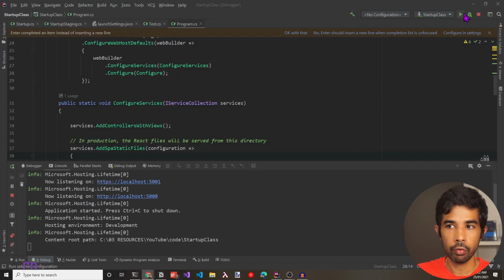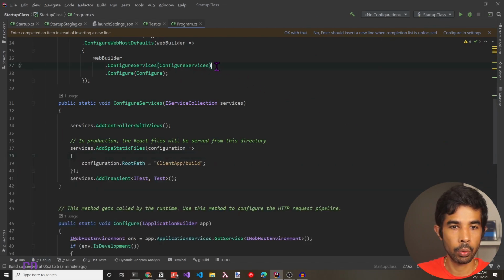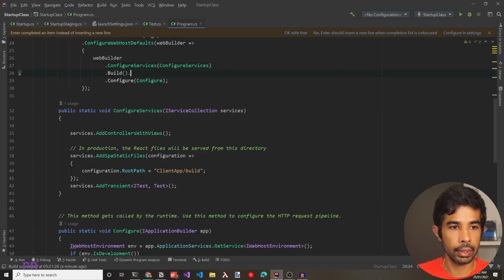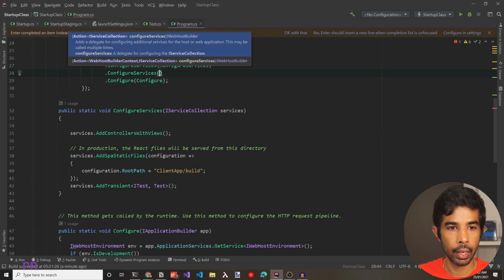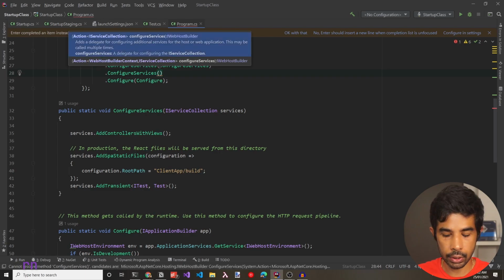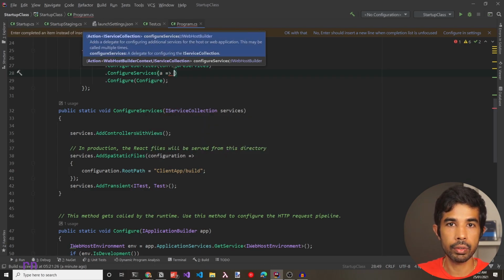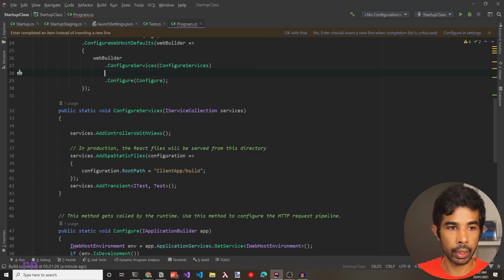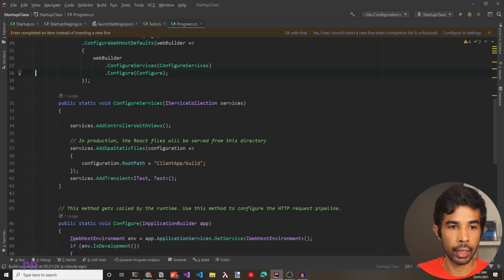When defining the configure services inside the program.cs, if we were to call the configure services method multiple times, let's say like this, so we could say dot configure services again and specify a new set of collections, then these services are going to get added one on top of the other. If you were to use the configure method multiple times, then the last one is going to take precedence. So depending on whichever one you call last, that is what is going to be applied.